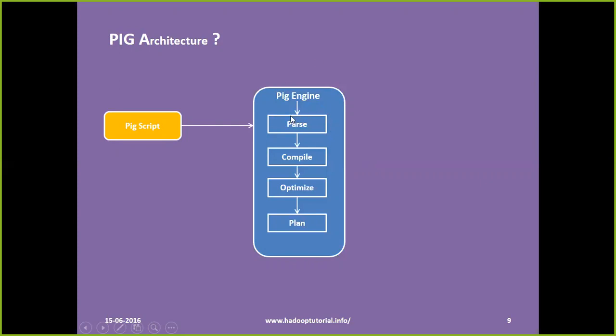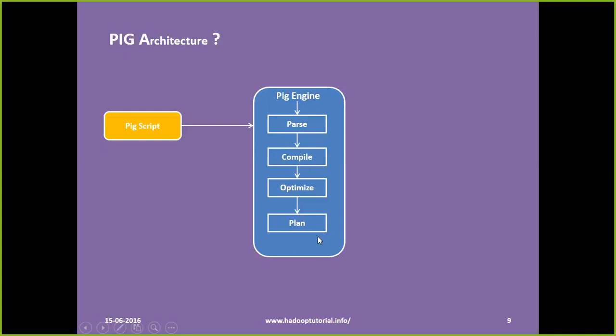Inside the Pig engine, there will be a parser component or parse phase, during which this Pig script will get parsed into different commands, and all those commands will be checked against syntax errors in the compile phase. If there are no syntax errors, then the script will get compiled